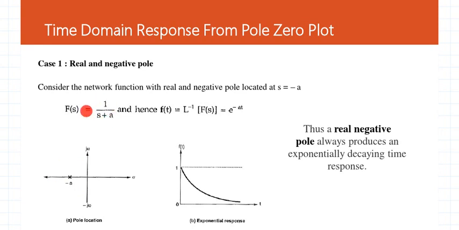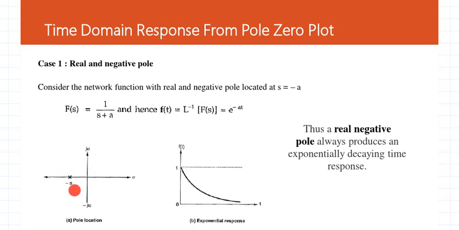When we find the inverse Laplace transform of this function, it has the form e raised to -at. When we plot the time domain response of the given transfer function, we observe that it is a curve which is exponentially decreasing with respect to time. It clearly indicates that the pole on the left half of the S-plane results in a system having a response of finite magnitude, exponentially decreasing with respect to time, giving us a stable output.